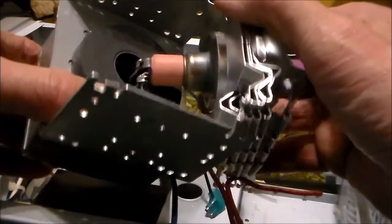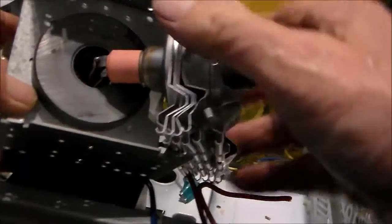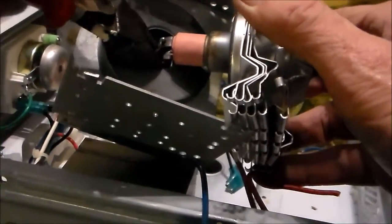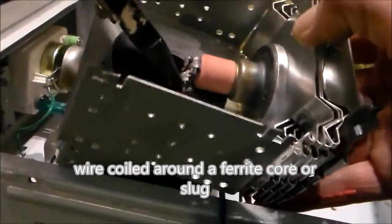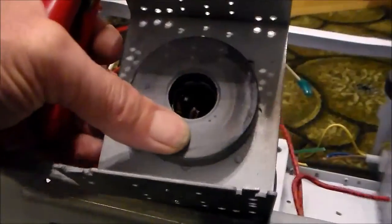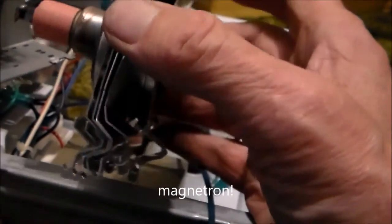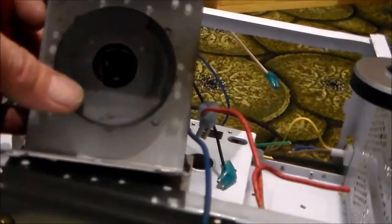Okay, I can see a coil in there. I'm going to have to cut that off, and then I can extract it. So there's a coil inside the box at the back, and a couple of wires. Yeah, that is magnetic. Sorry about that. So that's probably the diode that generates microwaves, and what we've got there is another circular magnet,